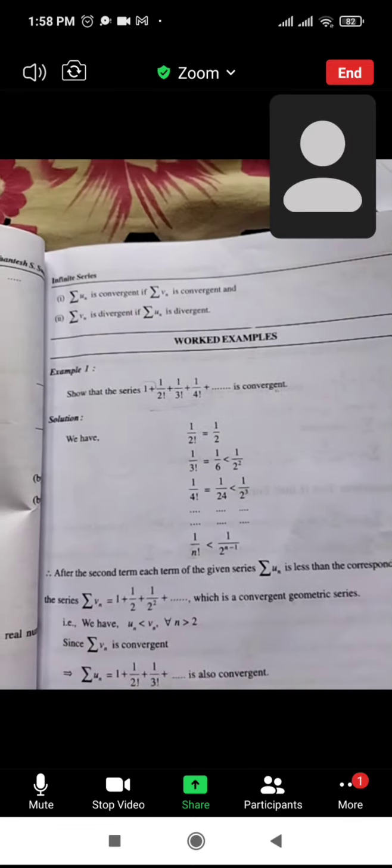See here, we have to show that this infinite positive series is convergent by using the previous GP and HP theorems, the positive term theorems. We can write here: write the first term as it is. Consider the second term. We are not taking the first term. Write the first term as it is and consider the second term. In previous derivations we have done the general pattern for this infinite series. In the same way we have to write here.